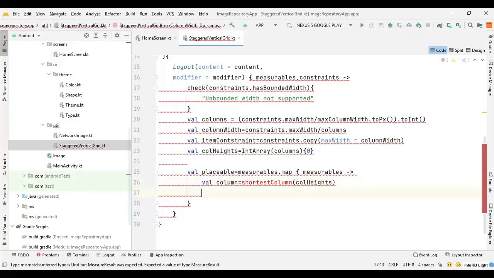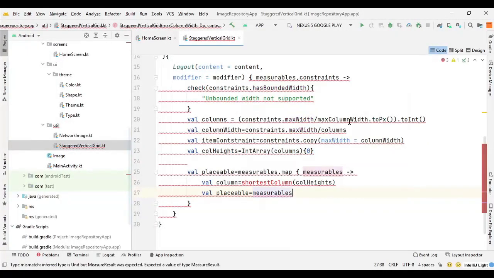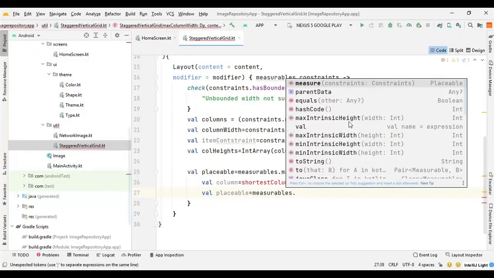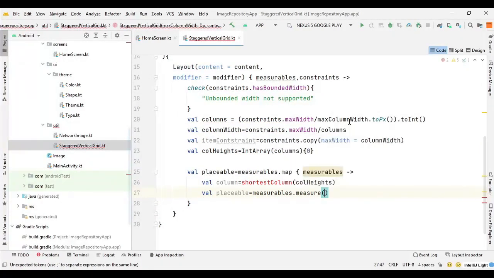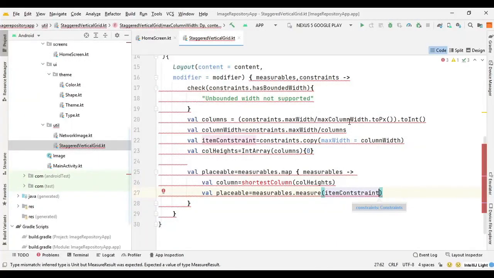So now we need to measure all the placeables. So we can say val placeable equals measurables dot measure item constraint, and then after measuring the item we need to add the height of that item to the column height. So the column height can increase as we add more and more items.